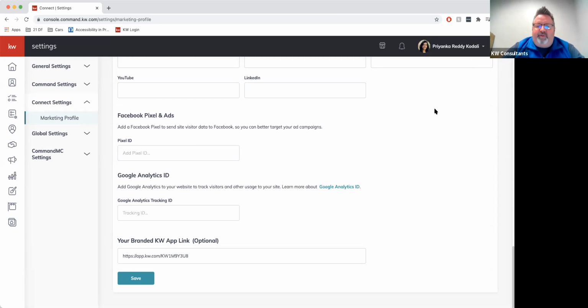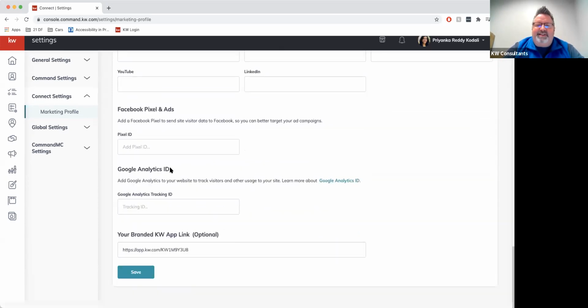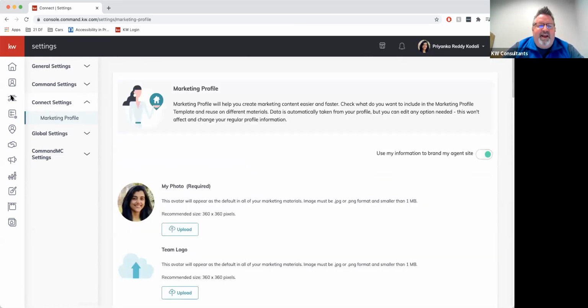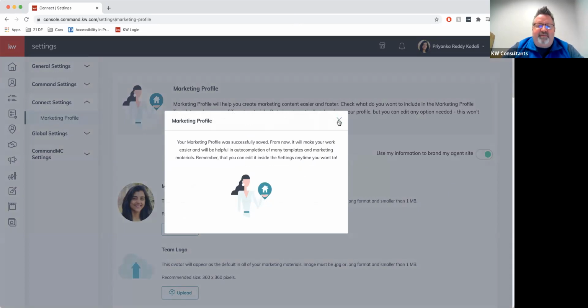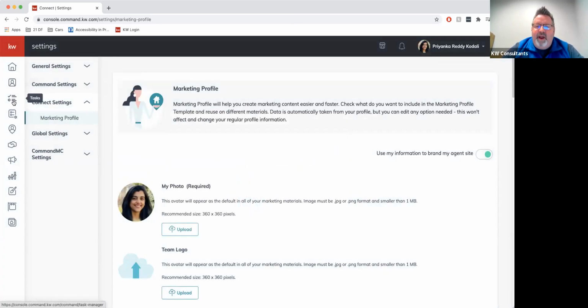So we'll just go through some of the basics here on Command. All the little buttons over on the left-hand side are your navigation buttons. They call them applets in here. So if you ever hear anybody talking about an applet,